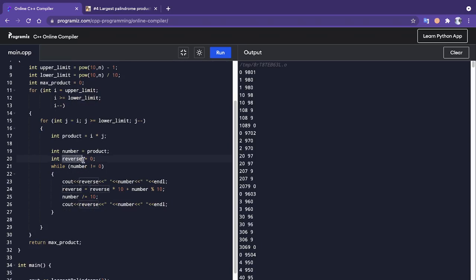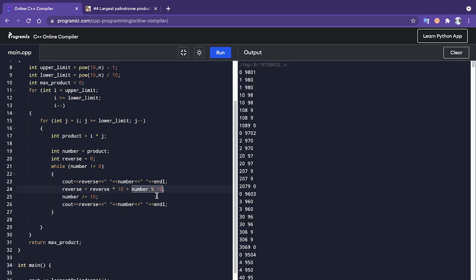At first, reverse is going to start at the value 0, and we are going to multiply it by 10, so that the initial digit will move to the second place, and the remainder of the number will join at the first.